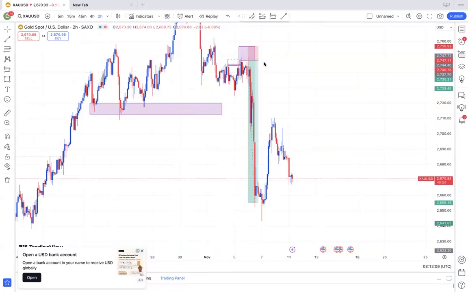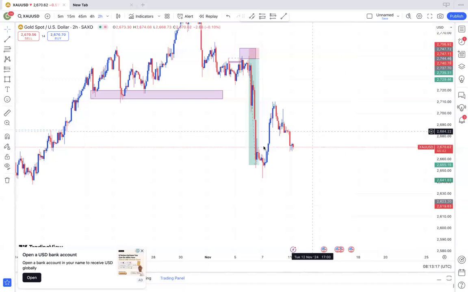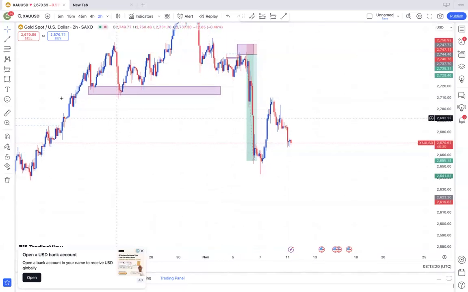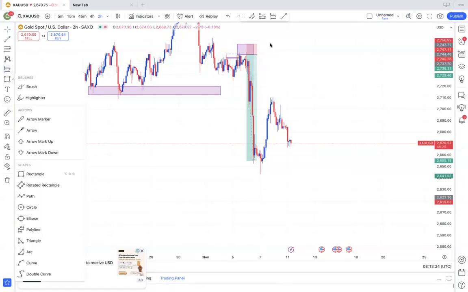So for this new week, I'm going to show you guys my own particular bias. For the week, I'm expecting gold to continue a downward movement, considering a whole lot of other things. I'm going to be marking out the zones where I'm expecting that and what you can look out for. Do you understand? So you basically know what to do and what not to do. We're trying to protect ourselves.